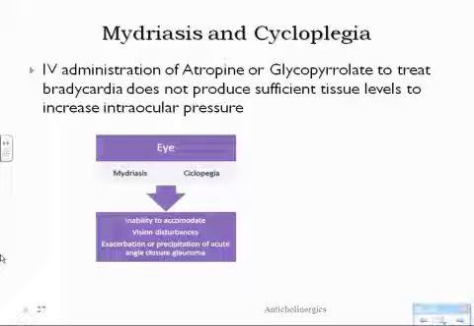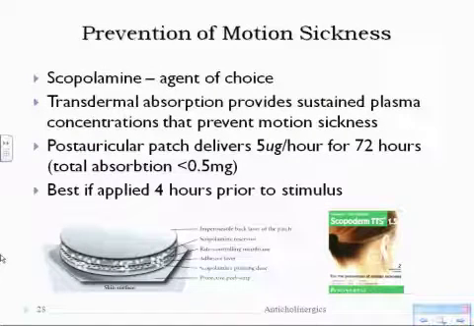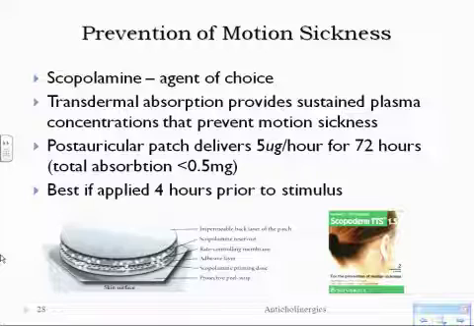IV administration of atropine or glycopyrrolate to treat bradycardia does not produce sufficient tissue levels to increase intraocular pressure unless you get into the toxic range, so it's something you don't normally have to worry about. It's usually scopolamine. Scopolamine is really the agent of choice for motion sickness. Its transdermal absorption provides really sustained plasma concentrations. The way you put it on is post-auricular, and it usually lasts for 72 hours, but it's best applied 4 hours